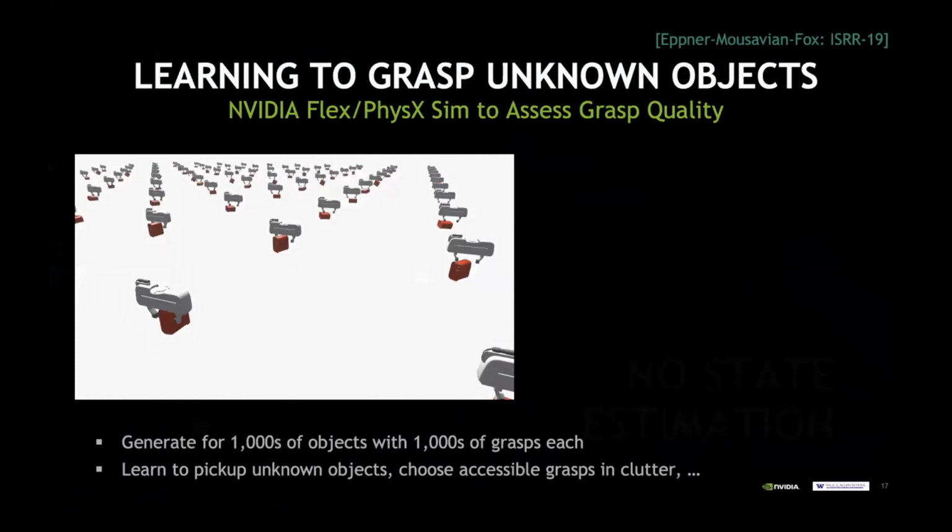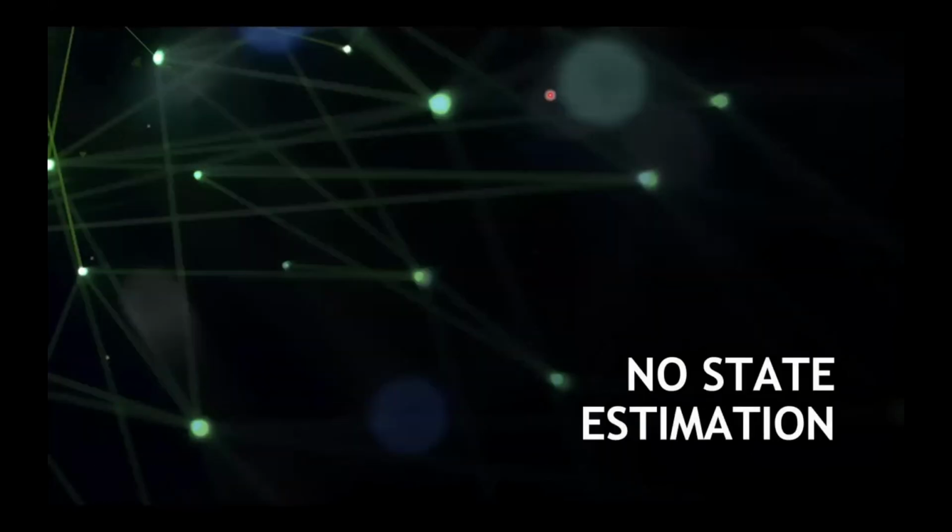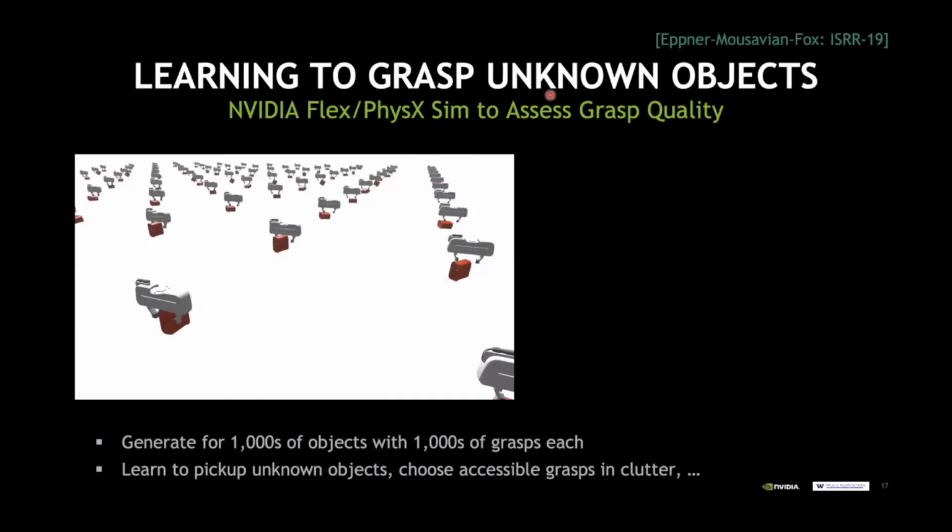So now I want to come to the last part, which is this notion of no state estimation, which means we're coming from the other end where we say, okay, we're not trying to do anything as complex as task and motion planning. We're just trying to operate on spaces where we don't even know about object poses, or we don't have object models, and see how far we can get towards task and motion planning then. Okay, this work led by Arsalan Mousavian overall.